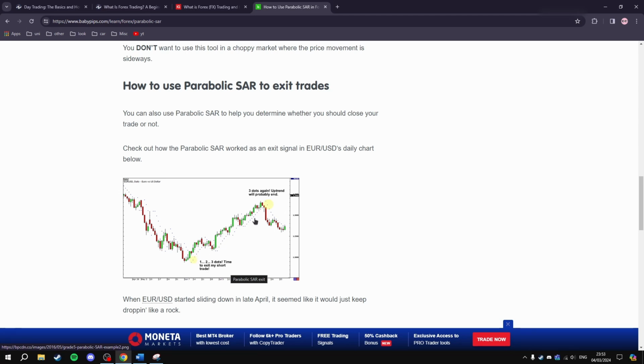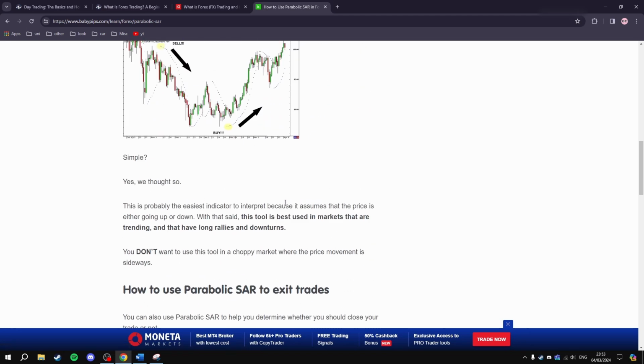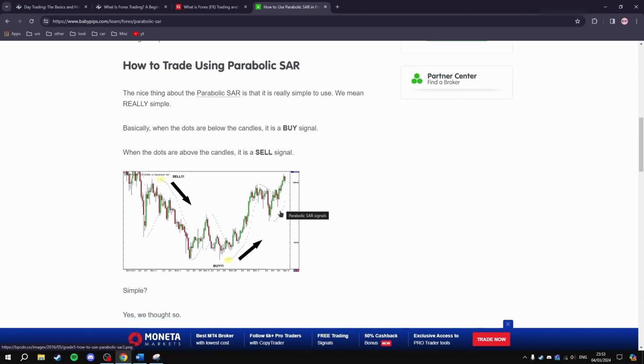So buy, buy, buy, buy, buy. 3 dots again, uptrend will probably end. So 3 dots is a confirmation basically. But before that,